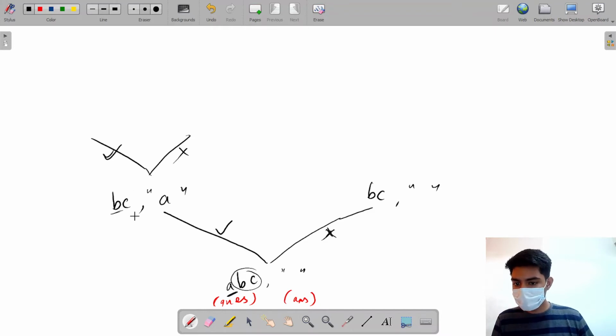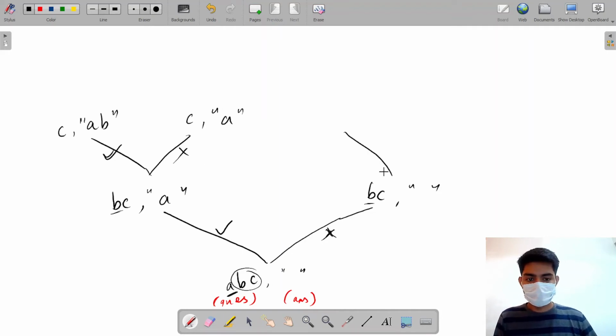If I'm including B, I will have C as the rest of the string, my question, and A and B as my answer. If I'm not including B, then I will have C as my question and A only as my answer. Same thing here, including, not including. If I'm including B, then I will have C and B as my answer. If I'm not including this, I will have C and nothing.